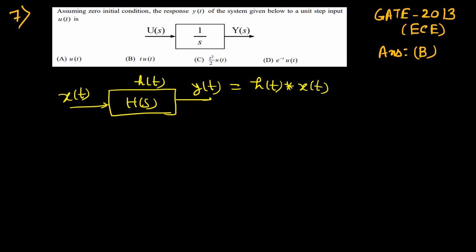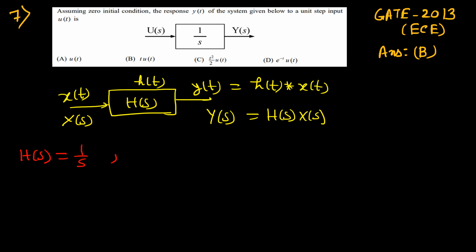But if you take the Laplace domain, then it is capital X(s), and this is your Y(s), and it will be capital H(s) multiplied with X(s), right? So in this case, H(s) is given as 1 upon s, right? And input is u(t), so x(t) is u(t),